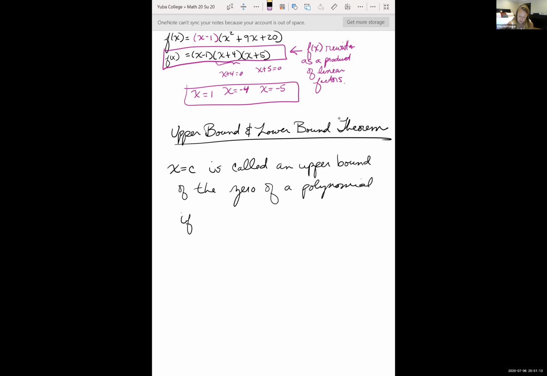So x equals C is an upper bound of the zero of the polynomial f of x if